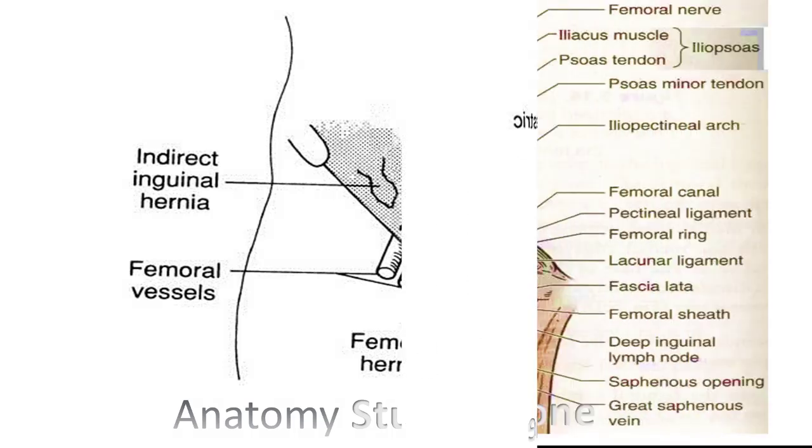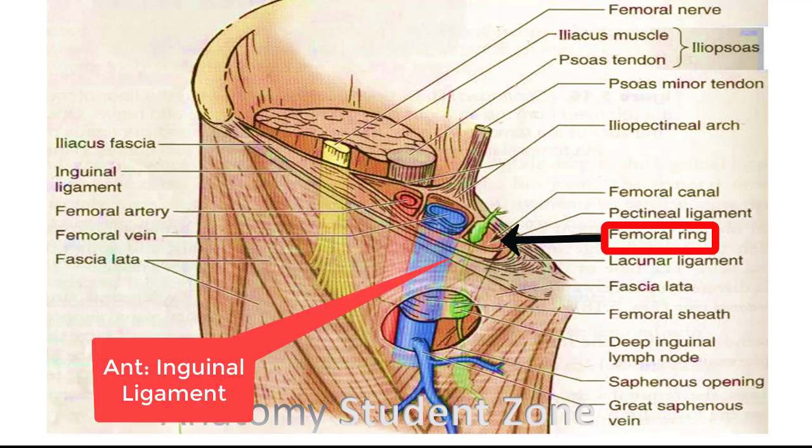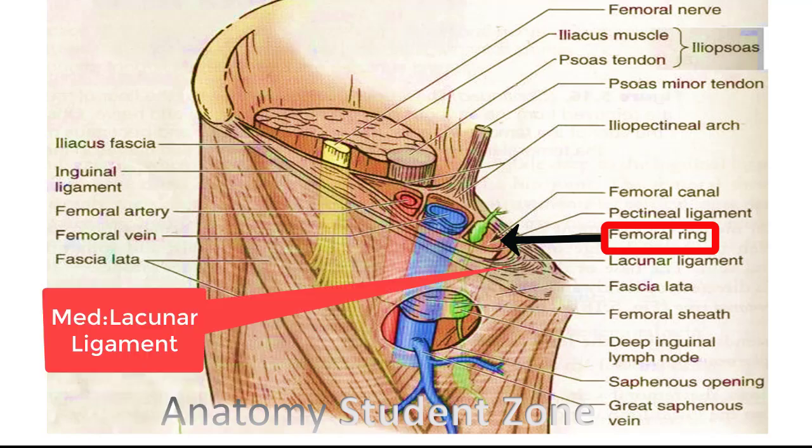And the boundaries of the femoral ring, I have told you in the anatomy section. I have already told you they are very important. You can't skip this because they have great clinical significance. Because these are rigid boundaries, they can lead to strangulation of the sac as well. So I am repeating that again. The ring is related anteriorly to the inguinal ligament, posteriorly to the superior ramus of the pubis, and medially to the lacunar ligament. Laterally we have the femoral vein.